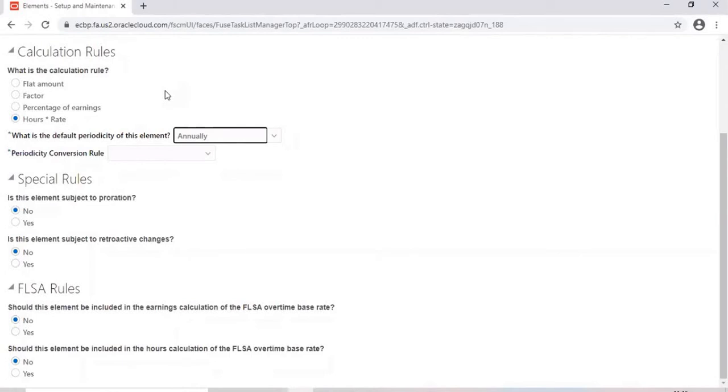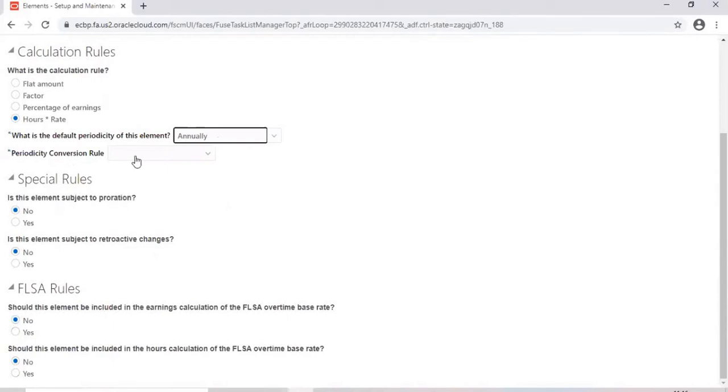When you hire an employee, I will say this person's salary is 16 lakhs. If you look at US, this person's salary is 100,000 USD per annum, this person's is 200,000 USD per annum. So you are considering the yearly amount. This element is holding that yearly amount, and it will be calculated based on period, bi-weekly and all. You don't have to worry about that. We are going to see that also.